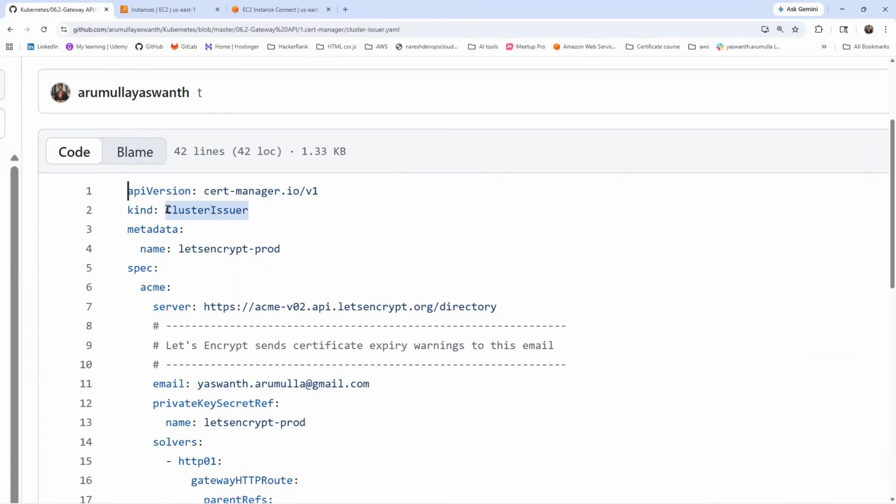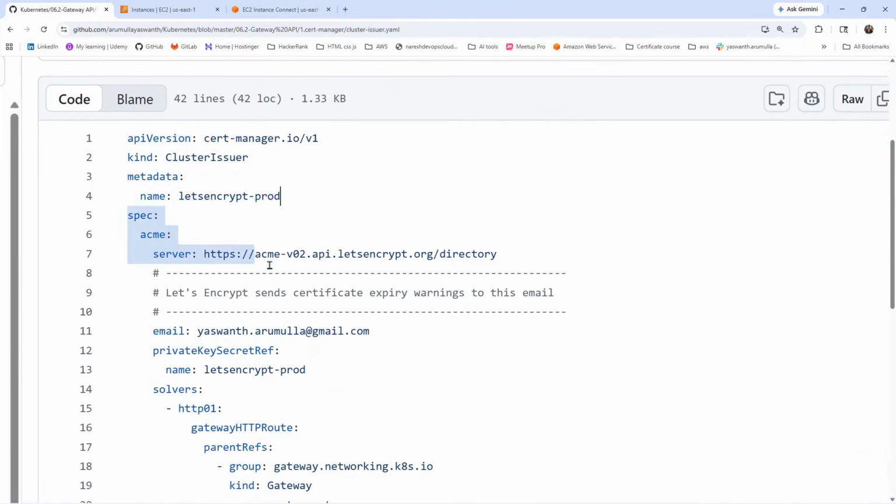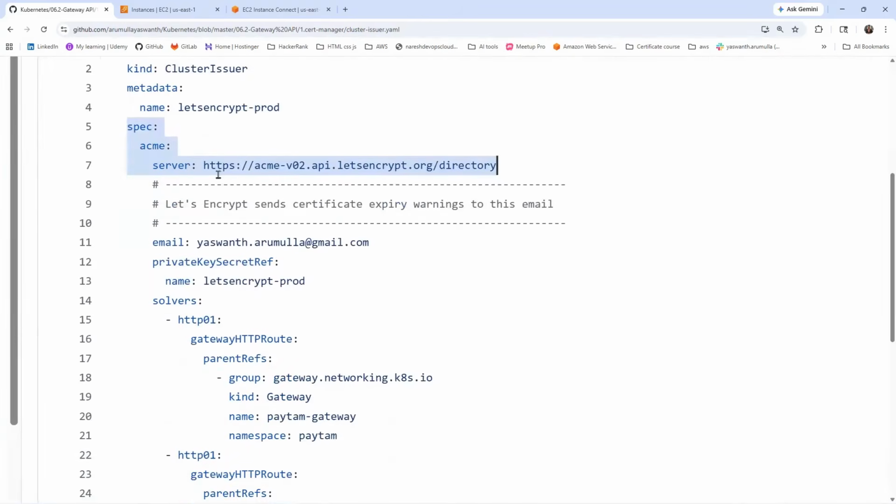See, ClusterIssuer and that Let's Encrypt prod, and the specifications. I am using this one, and Let's Encrypt sends the certificate expiry warning to the email. Means here you need to give your email. Whenever the certificate is expiring, at that time you will get the mail. And how it will work means